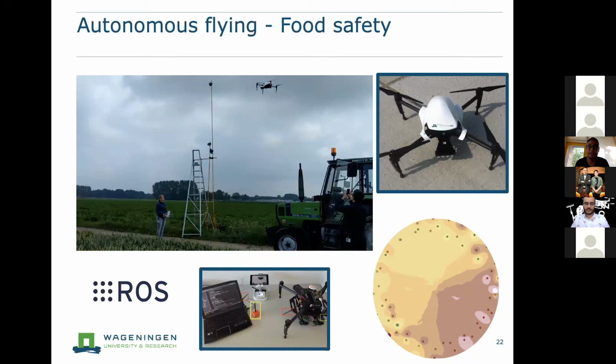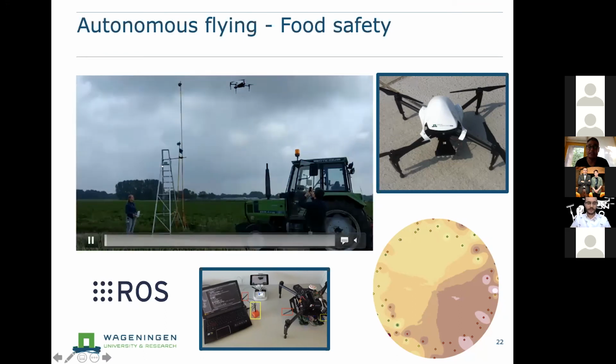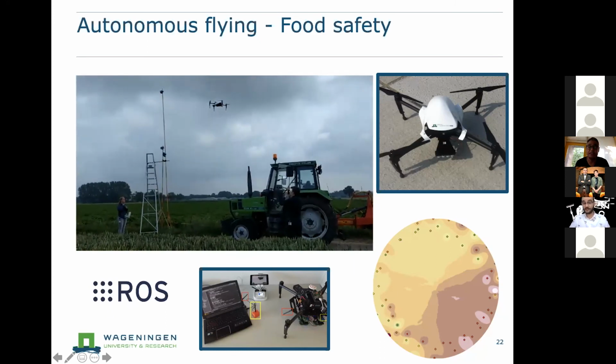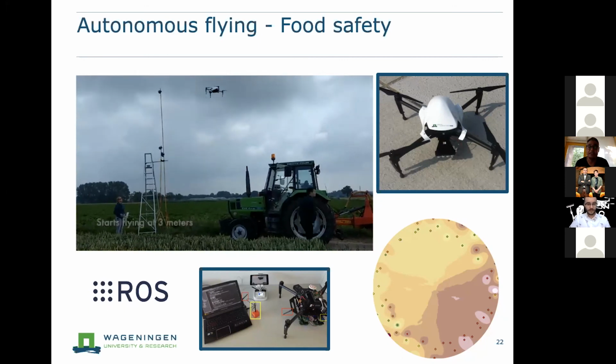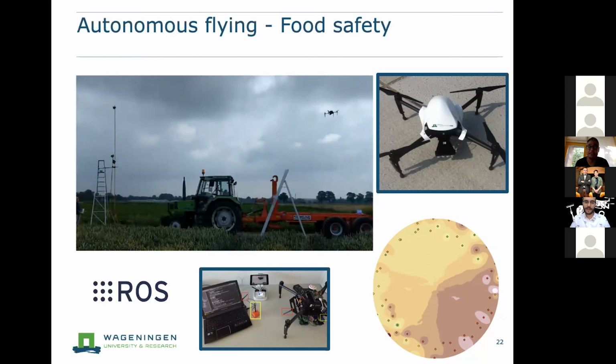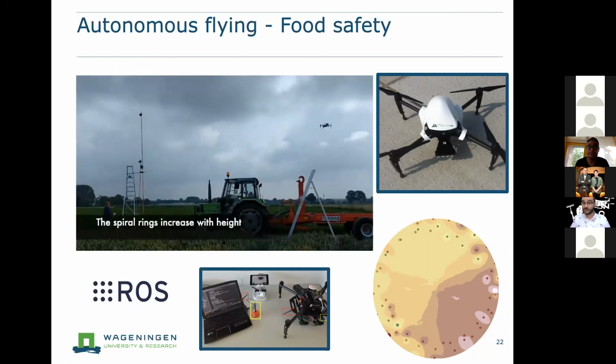So we are using an M200 to do this experiment, equipped with the electronic noses. This is also a collaboration with several universities. In this experiment, the drone goes autonomously, flying some patterns and mapping a determinate area. This is a video that we did last year, if I'm not wrong, or 2 years ago, where we used the drone to fly around a tractor emission and to measure NO2.